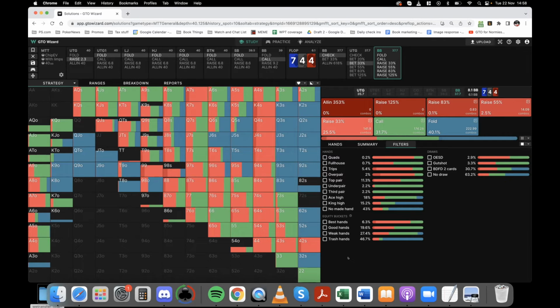In terms of which hands to check raise and which hands to check call, I talked about check raising certain hands for value, and that kind of makes sense. Like most of our 4s want to raise, most of our 7s want to raise, and our overpairs. But we have to call some of these hands as well, because you can't fall into the mistake of check raising all your strong hands,